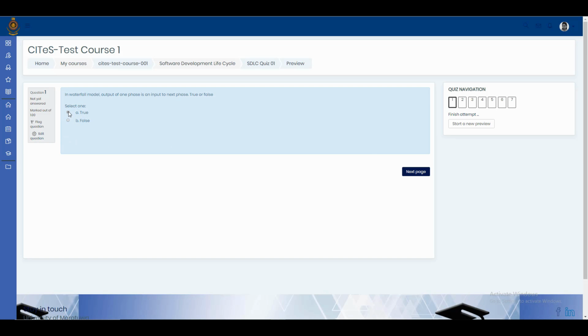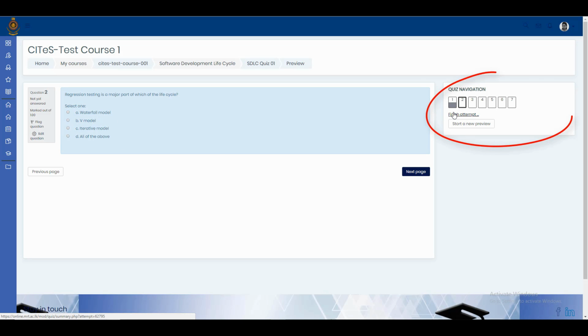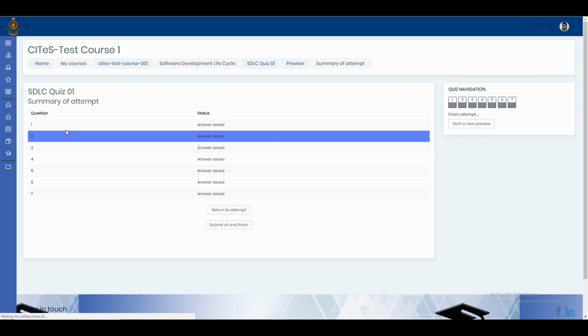So the student can select the answers and move to the next page, and the quiz navigation will show the quiz completion levels. So the student can submit all.